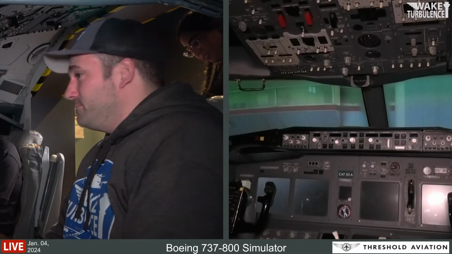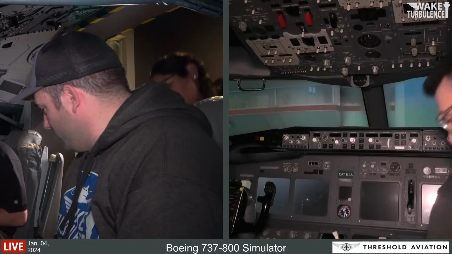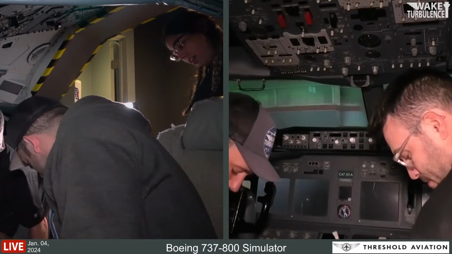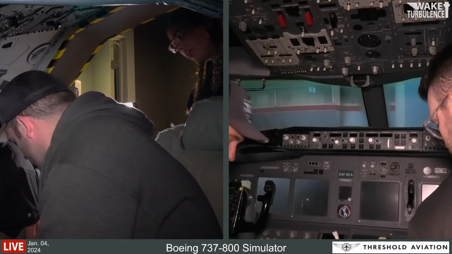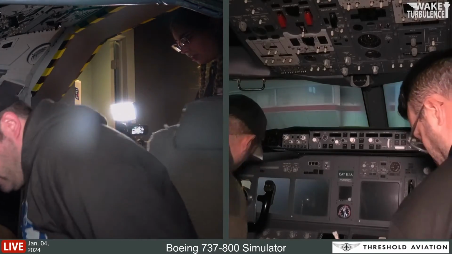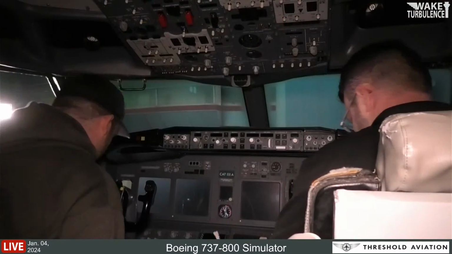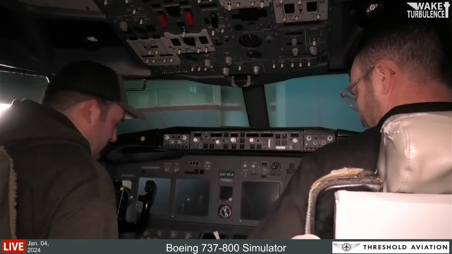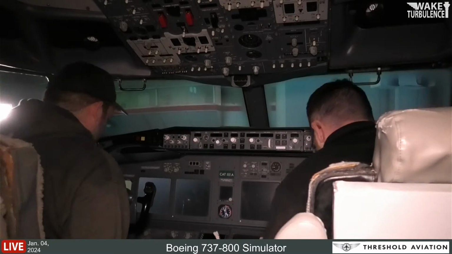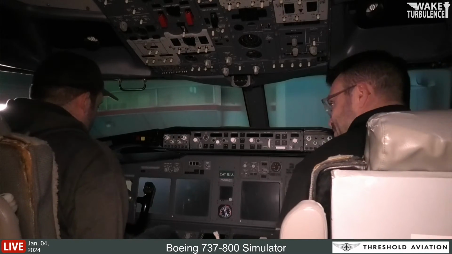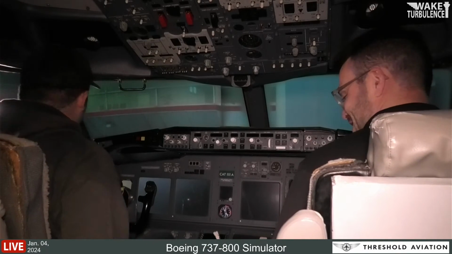So first we have to adjust your seats. Okay. So it's like a track underneath you. You're going to pull this back and physically move the chair to the middle. So for you, Captain, you'll go to the right, and co-pilot to the left. All the way. And then you'll also pull it back and move forward, so we can reach the rudders, I guess, right? Yes. Just so you can reach the pedals. There you go. You don't want to move too close, though. Just right there. That's fine.